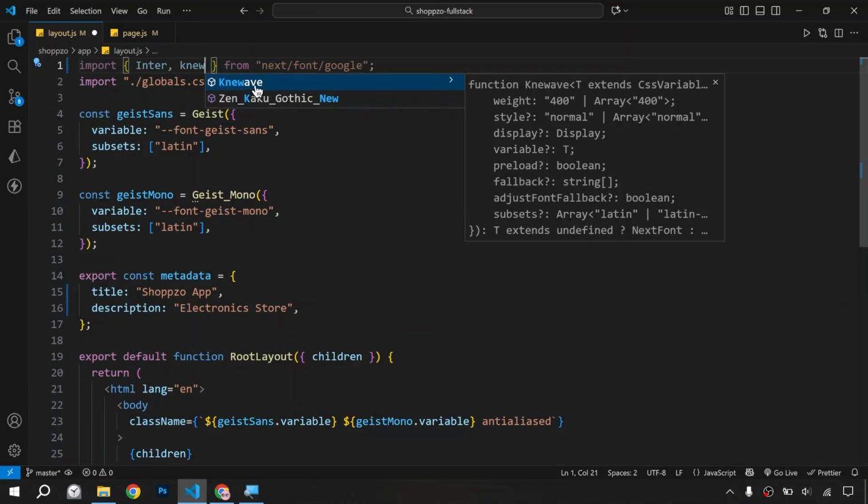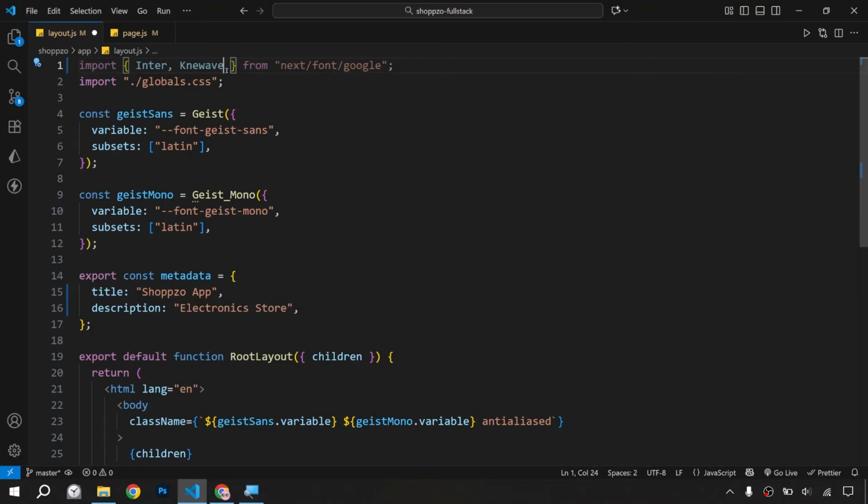It's automatically importing, and you can see the details for the font, and it's fetching the fonts from next/font/google through the internet connection. Okay, so after this we have imported the global.css file, and here we will